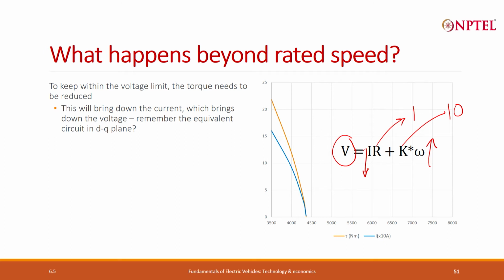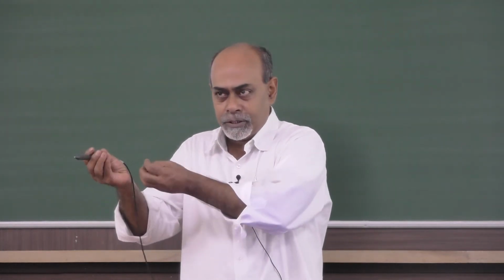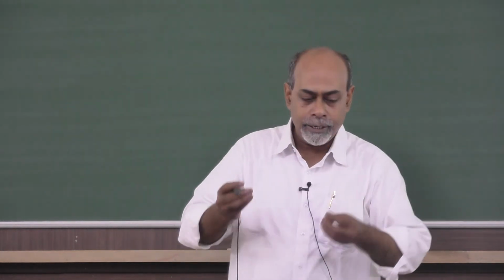When I reduce the current, the torque will come down. But because this K is such a big number compared to R, if I reduce the current by 10, I will increase the omega by 1, that is all I will get. You understand? Because the two terms are weighted differently. R is a very small term compared to K. So, for every little bit gain in the speed, I have to dramatically reduce the torque,